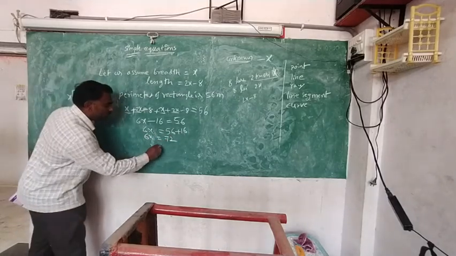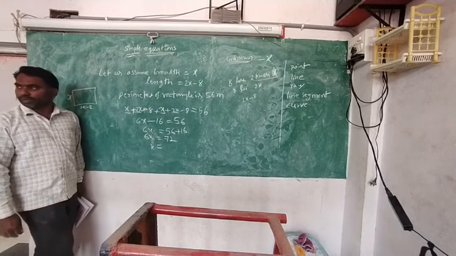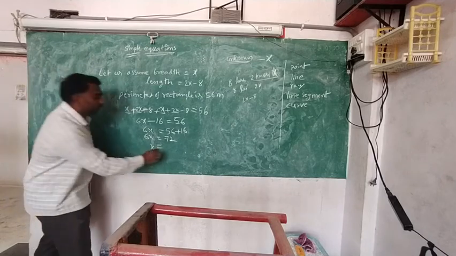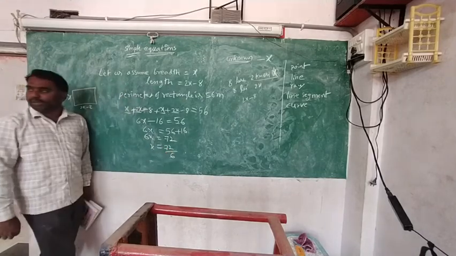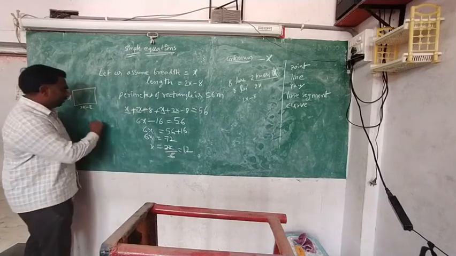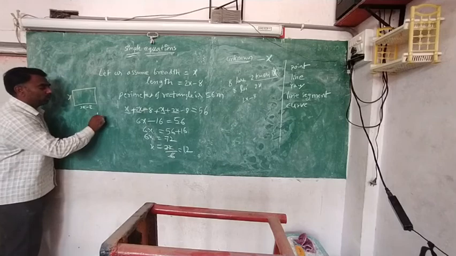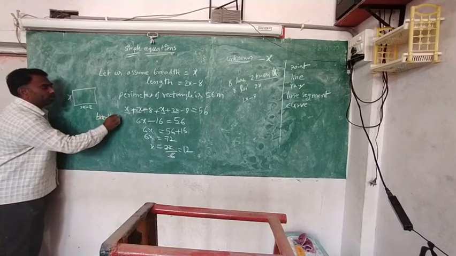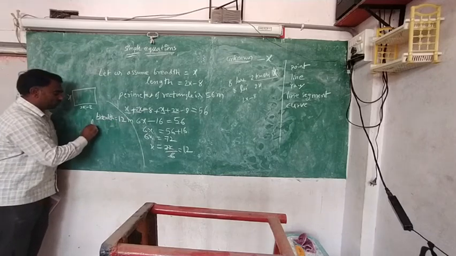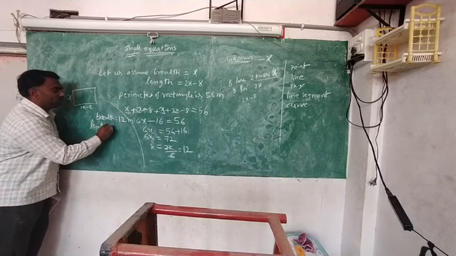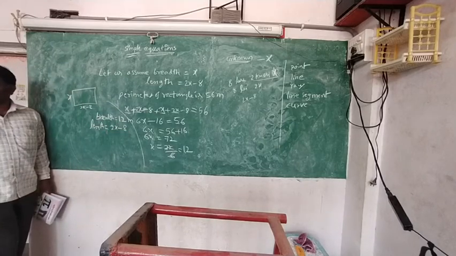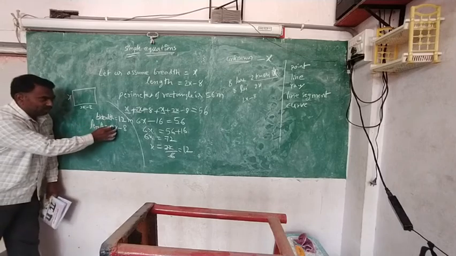Now x is equal to what? Now the 6 we are sending across. What is the 6 doing here? Multiplying. Very good. 72 divided by 6. 6 twelves are 72, so the breadth is equal to 12 meters. Then you have to find the length also. Actually the length is 2x minus 8. What should we do? In place of x, put 12.